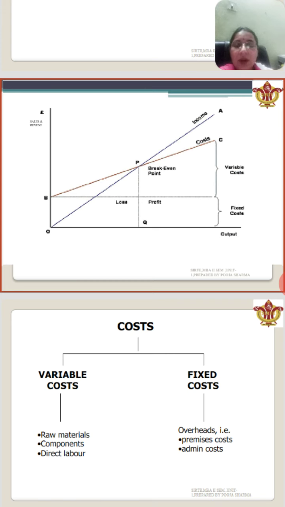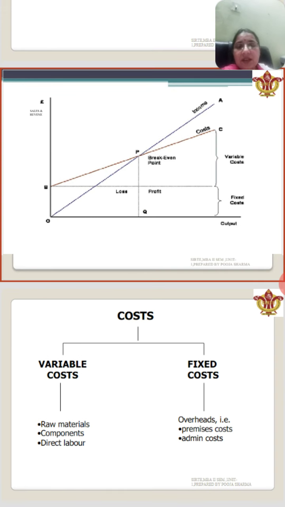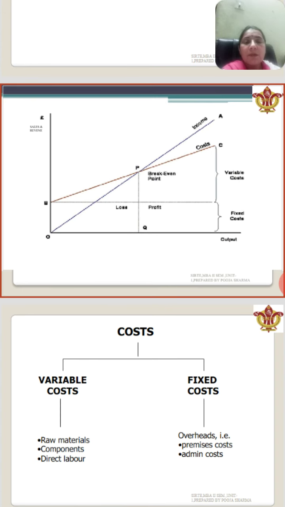We will just plot the values on the graph paper and calculate the number of units as well as the sales amount. When the company increases the number of units, what will be the effect on the sales amount? This will be calculated by the company very easily by plotting the values on the graph paper. But for this, the company should have the total cost amount, variable cost amount and fixed cost amount.